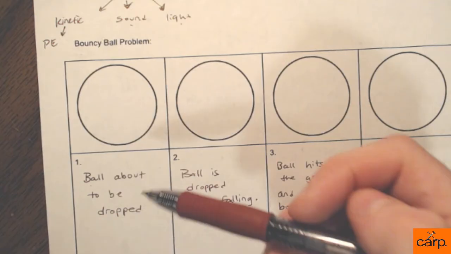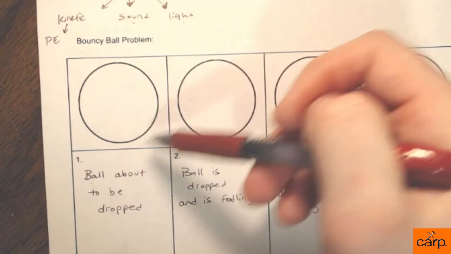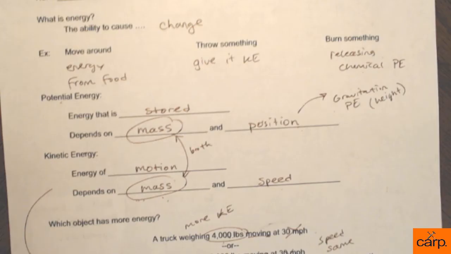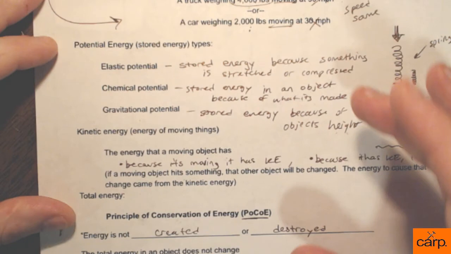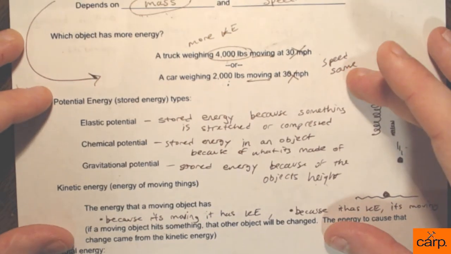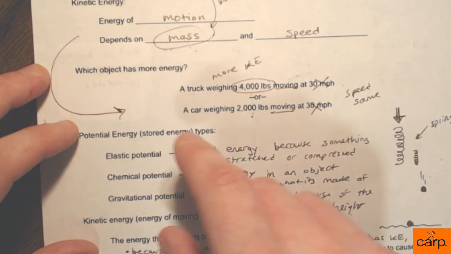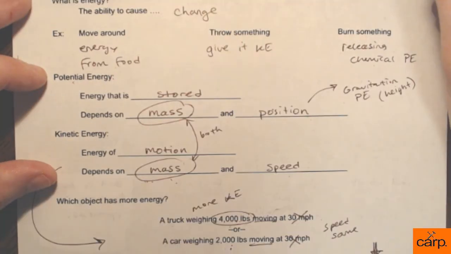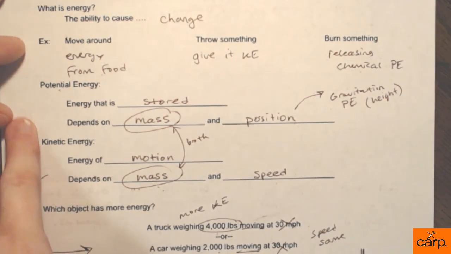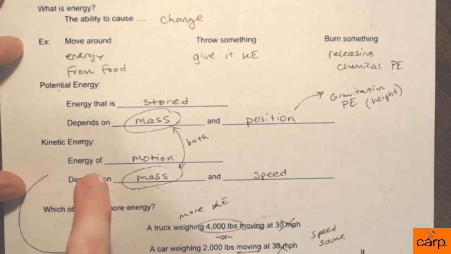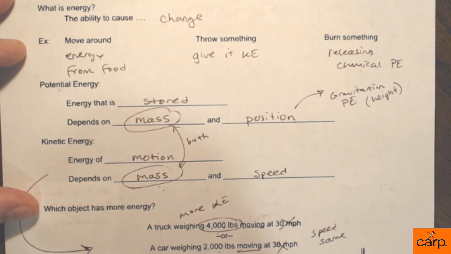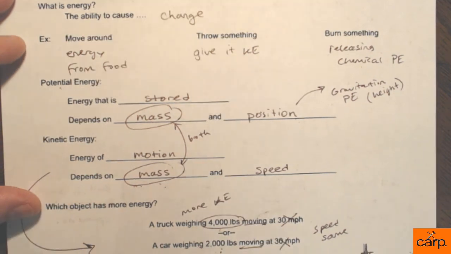But what would we say this total energy in this ball looks like right now? So let's go ahead and flip back over. I'm going to look down here, I guess. So between all of these, let's see. I'll look up here, actually. It's going to have more potential or kinetic energy. All right, let's take a look at each of these. So is the ball moving right now? No, I said it's about to be dropped. It's not being dropped yet.